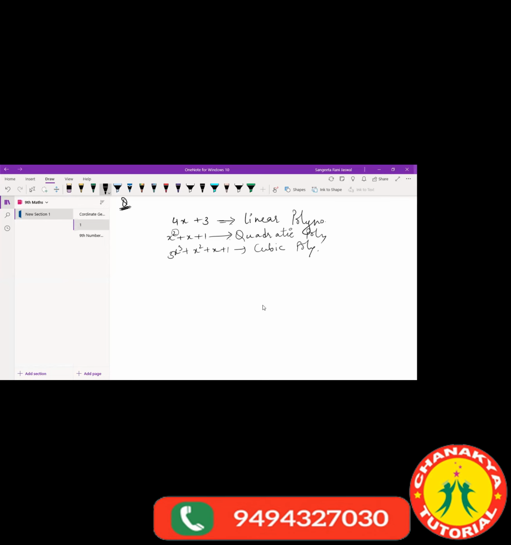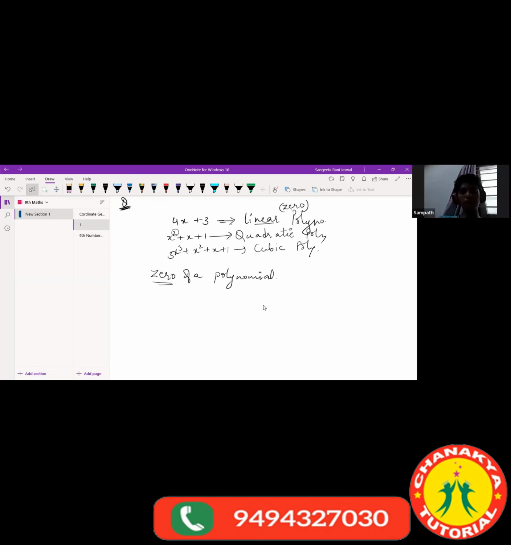Okay, and one more thing now. If the polynomial is linear, then it will have only one zero. We call it a zero of a polynomial. Zero means the root of a polynomial, the answer of the polynomial. We find out the value. That means the zero of the polynomial is the value of the variable at which the polynomial becomes equal to